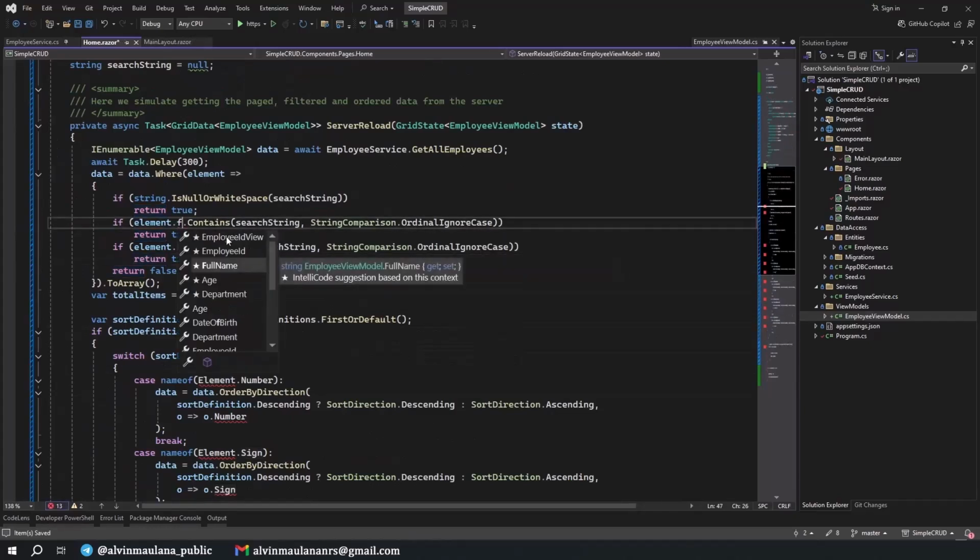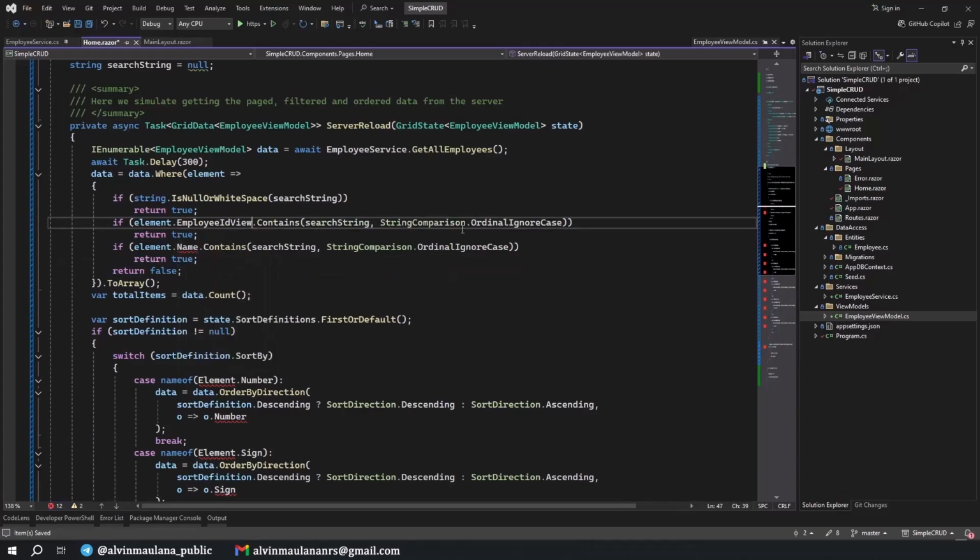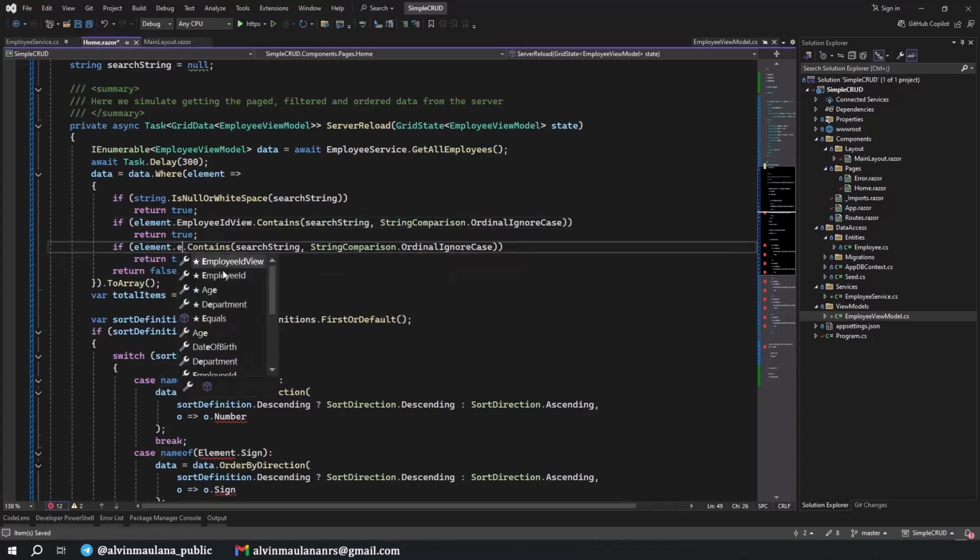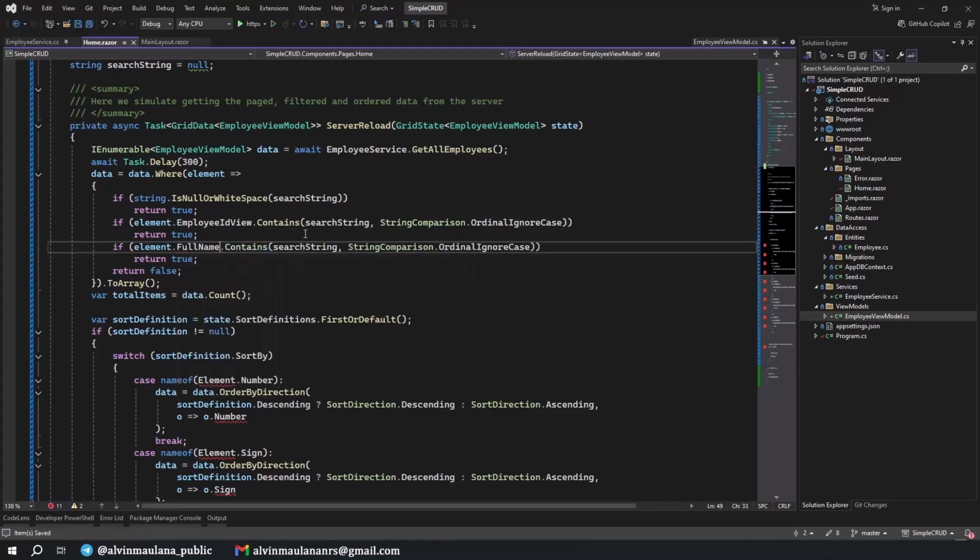Oh, no, employee ID view first, this one, and then full name. Basically, whenever the data in the row's employee ID view contains the set string, it will return true and then show the data. Same for the full name. And then here we are checking the total items.